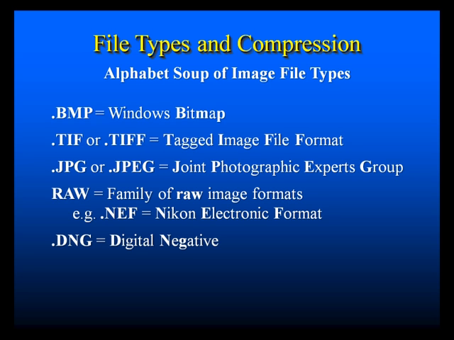DNG may be an up-and-coming format, basically a digital negative, the equivalent of a raw image, but not proprietary. A GIF, Graphics Interchange Format, is a format that is used mainly for little icons, logos,